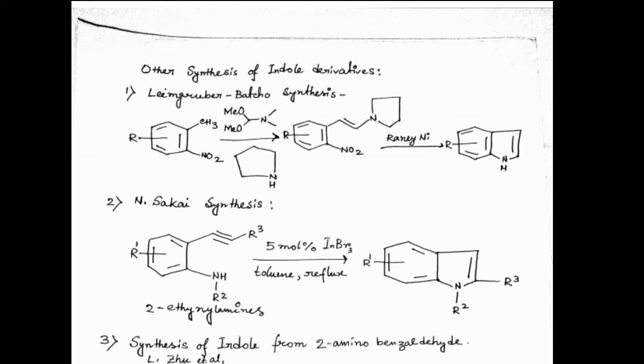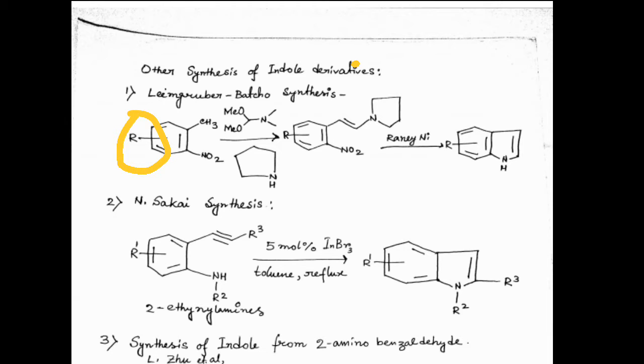So these are the other methods by which we can synthesize indole derivatives. In your last class, we discussed the Fischer indole synthesis, which synthesizes indole from phenylhydrazine, and the Reissert synthesis. Now we discuss the Leimgruber-Batcho synthesis, where an ortho-nitrotoluene derivative is used, and this specific R represents